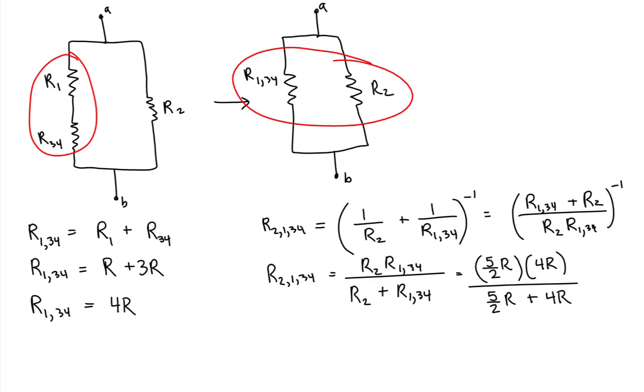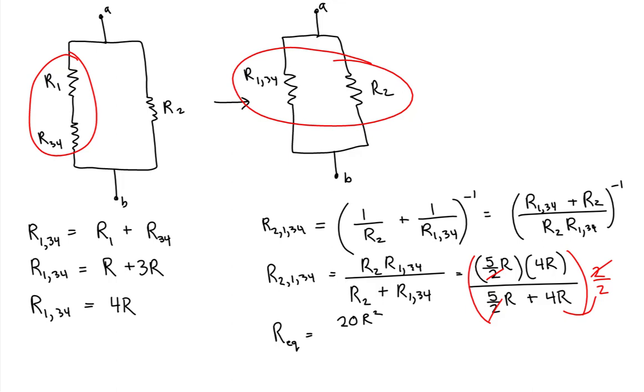To simplify things a little bit, let's multiply the numerator and the denominator by 2 over 2. So in multiplying the numerator by 2 over 2, we get rid of a 2 in the numerator. And by multiplying the denominator by 2, we get rid of a 2 in the 5/2 term, and the 4R is going to be multiplied by 2. So that gives us the equivalent resistor combination, which I'll just simplify now as just R equivalent, is equal to, well, the numerator is